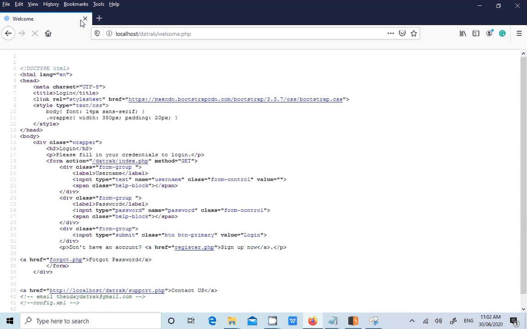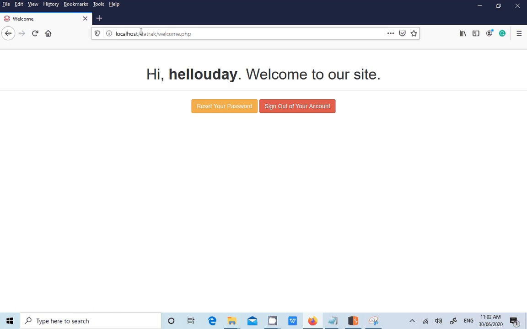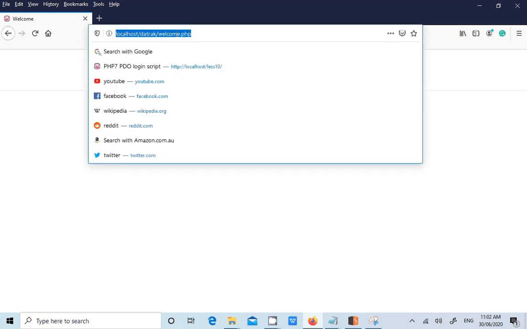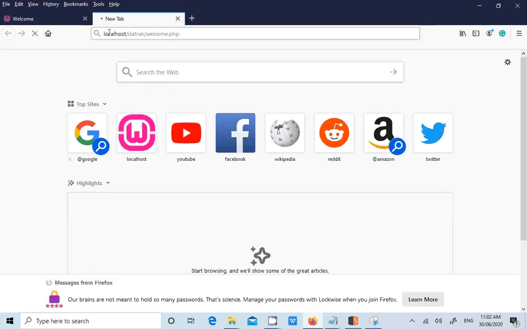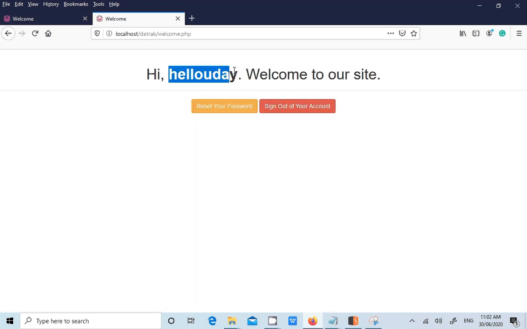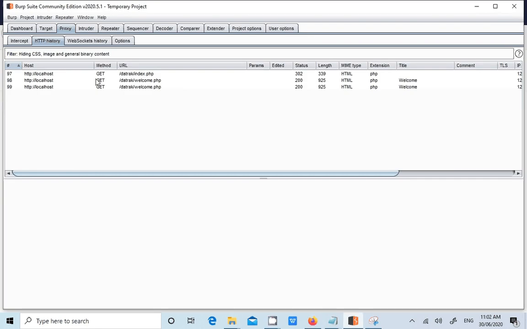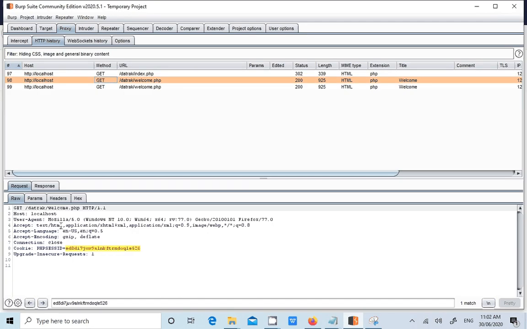It's good that we are switching back and forth. Now, let's say every time I browse any internal pages like this or any page, it is showing as hello Uday. How is it understanding? After entering the username password, the session ID which the website set, the same session ID will be sent in the request. It is not sending any username passwords, right?